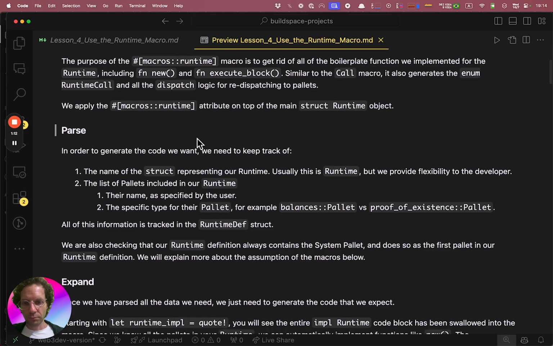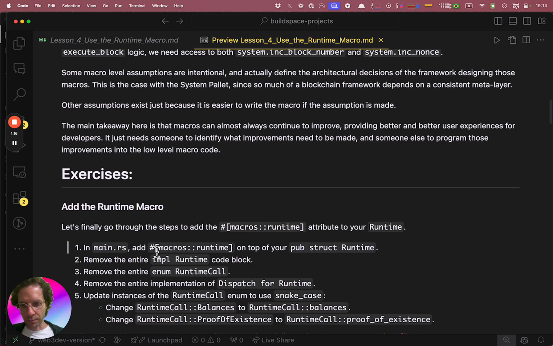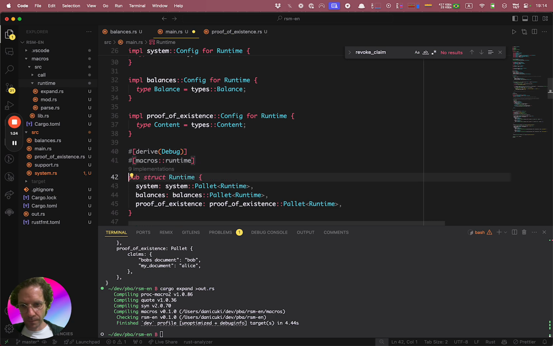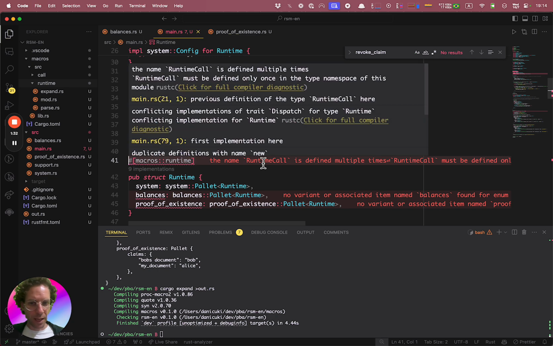So what is the exercise here? First of all, let's add this runtime macro on top of our struct runtime. So let's add it here. Okay. And now, of course, it's going to give us a lot of errors, and we are going to fix all of them one by one.